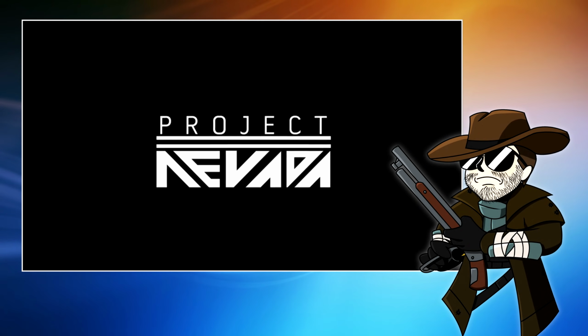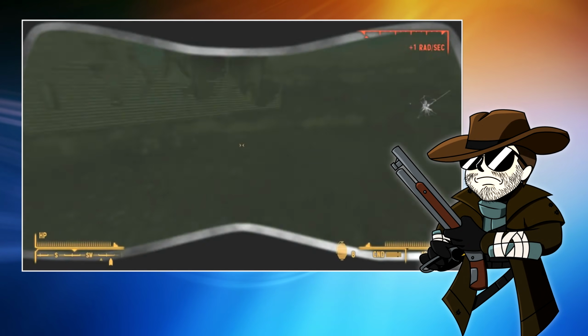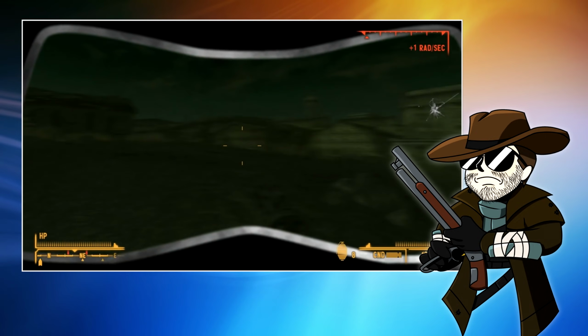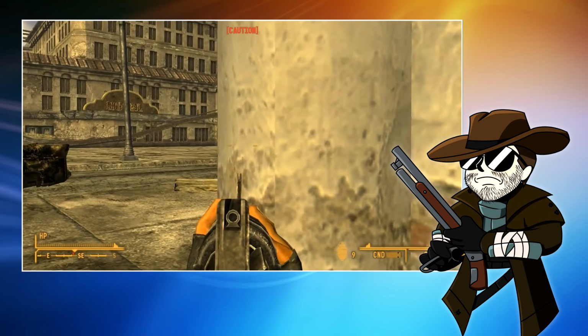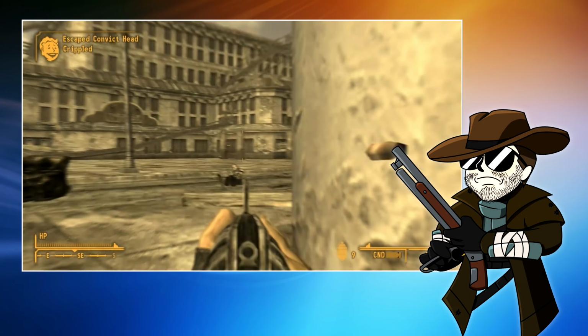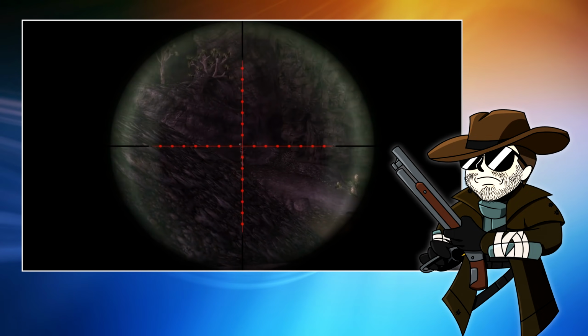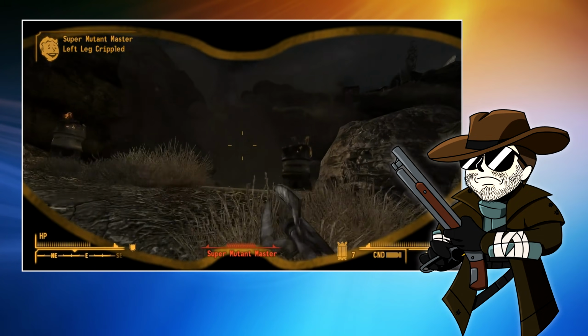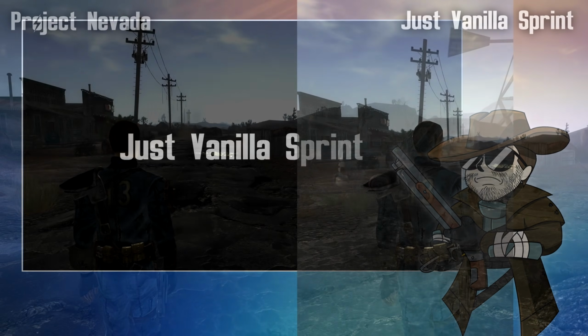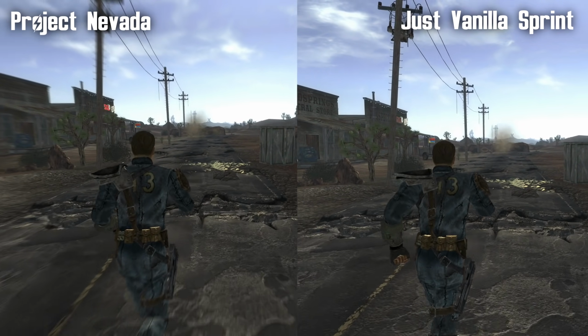And that's it. You now have Project Nevada installed, and for many of you, you could probably stop watching the video now, go off and play Fallout New Vegas and have a great old time. But it might be worth hanging around and just finding out what the alternatives are, even if you don't intend to actually use them. Let's start with another mod that adds sprinting to the game, and that mod is just